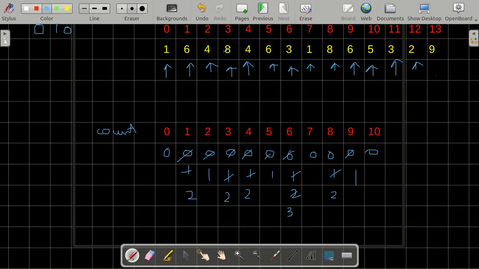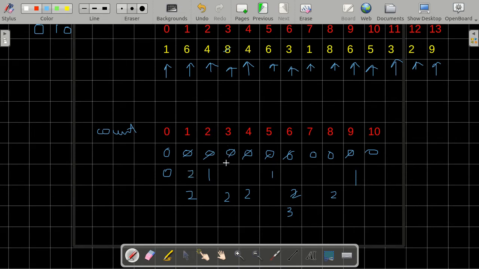Now after I have traversed the whole array, the result in my count array will be like this. We had no zeros, so it will still have 0. We had 2 1s, so over here we had 2.